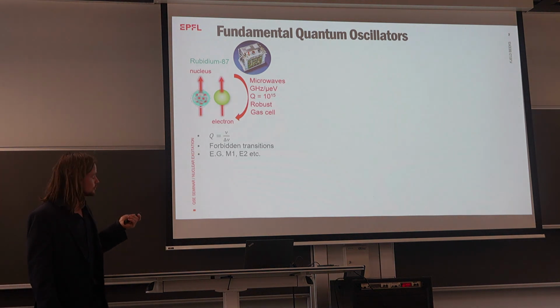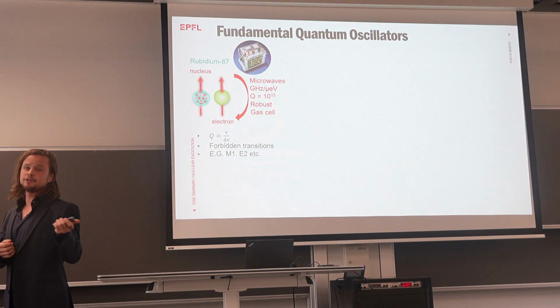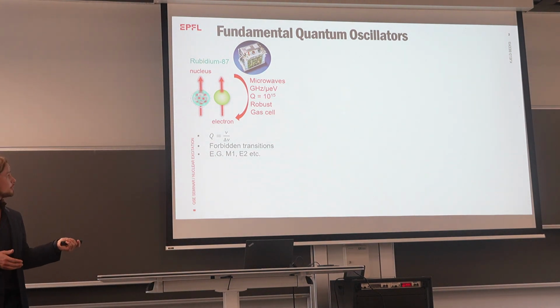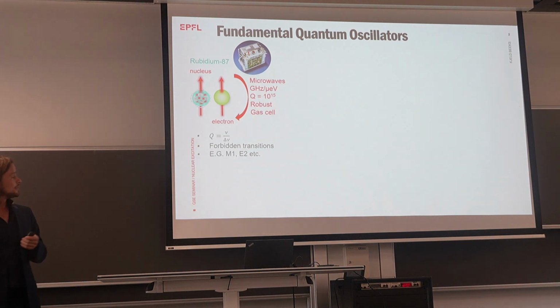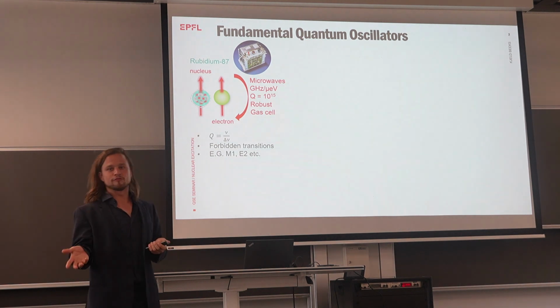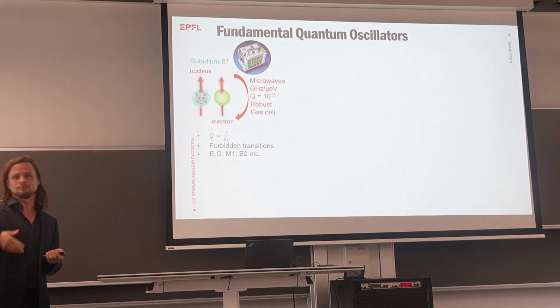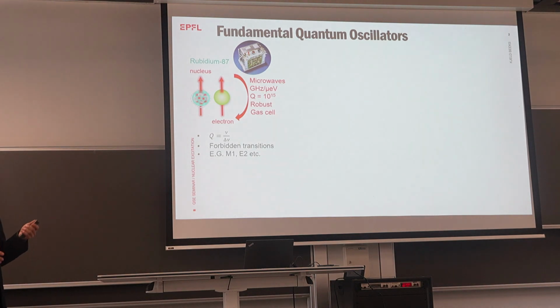Just to remind you, this Q factor is the frequency or energy of the resonance we are talking about, in this case the spin flip, divided by its linewidth. In that sense, it's just the fundamental harmonic oscillator. This tells you how damped the oscillation is, and says a bit about coherence time, etc.